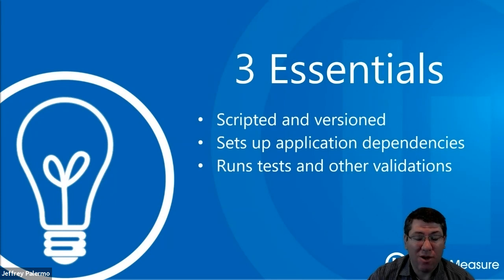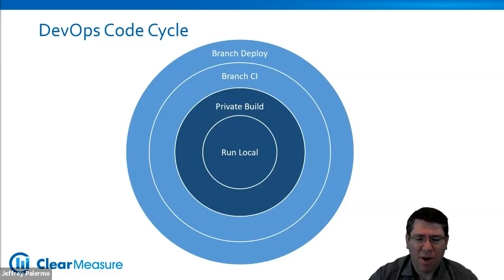And this is one of the innermost cycles in our DevOps model. So we want to make sure that this private build can happen very, very quickly. So this is all within the code part of our DevOps onion. And we're going to code and run the application locally many more times than we run the private build. We're going to run the private build many, many more times than we run the continuous integration build on our branch after a git commit and a push. So you get the pattern. The interior layers cycle faster and have many more iterations than the cycles that surround them.